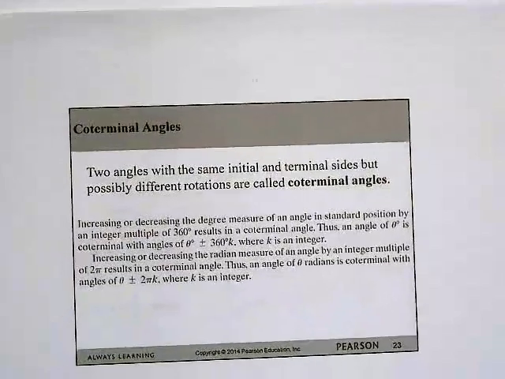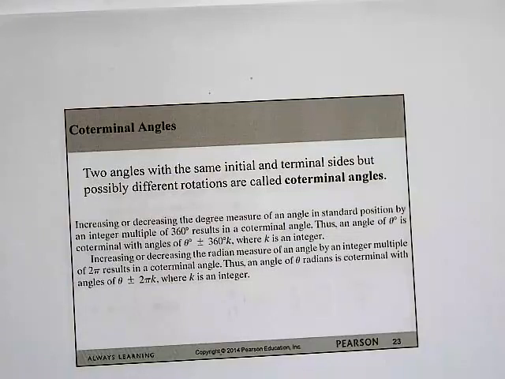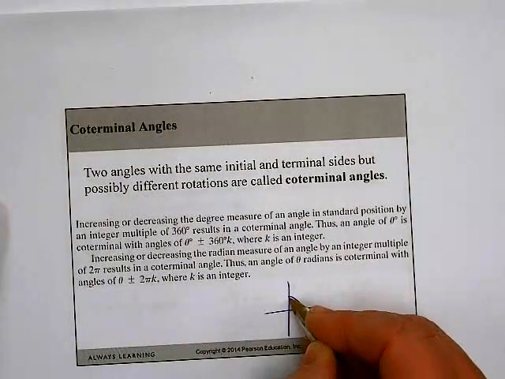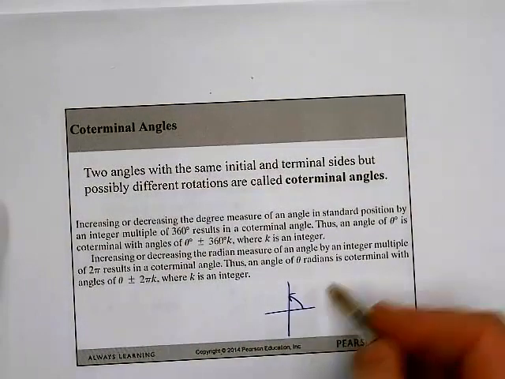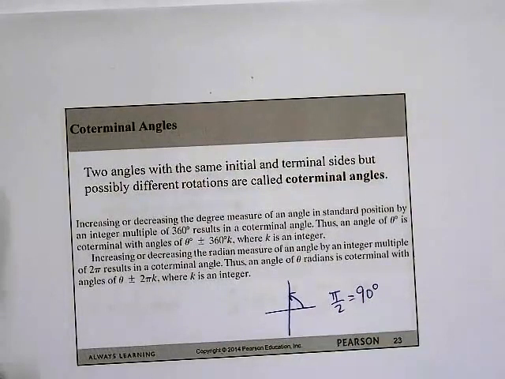that unit circle. Coterminal angles are angles with the same initial and terminal side, but different rotations. That means if you go around the circle more than one time, it's going to be coterminal. For example, if I draw this angle, this is a 90-degree angle, or it goes to pi over 2. This is pi over 2, 90 degrees. If I come back in